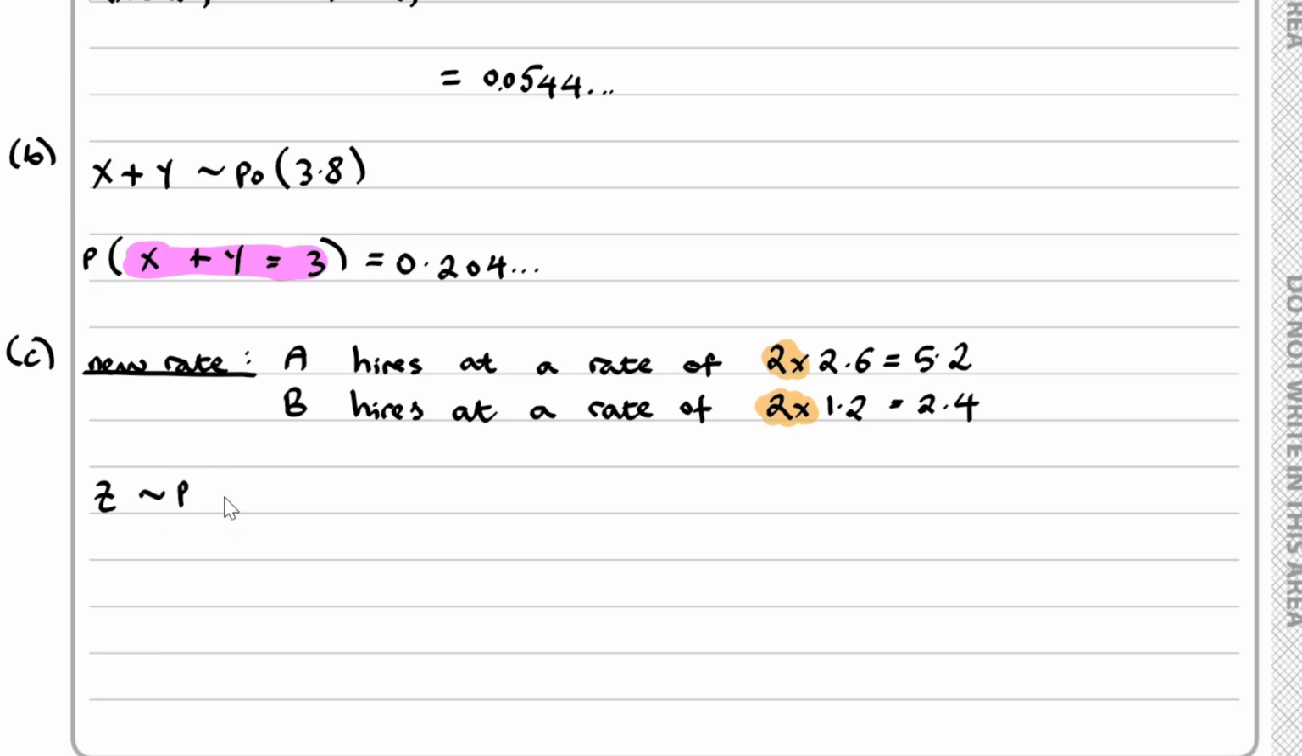Z has a Poisson distribution of 5.2 plus 2.4, which is 7.6. So we'd have to add those together to give the total. And we're looking at the probability that Z is less than 9. This is the same as the probability that Z is less than or equal to 8. So working this out,